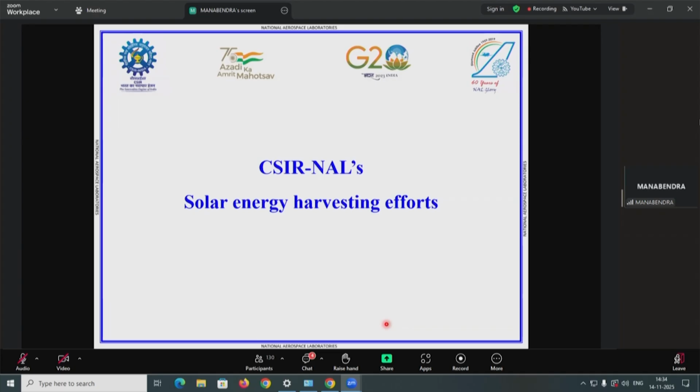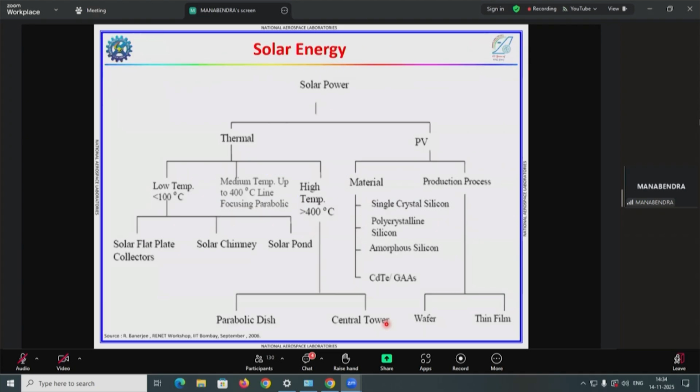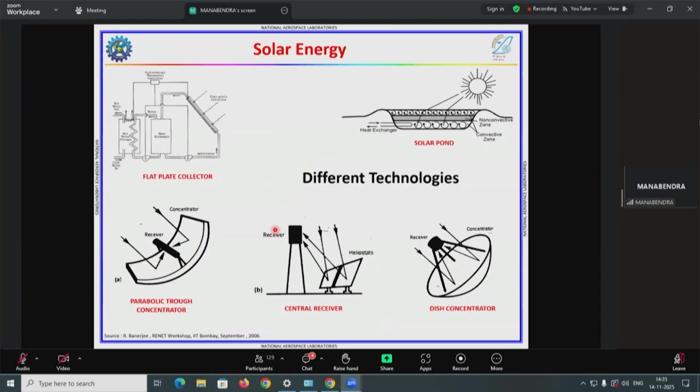Now, when we say solar energy harvesting, primarily what comes to our mind is the photovoltaic cell. But there is also another approach of harvesting the thermal gradient of the solar power in various forms. One of these forms is the solar pond. So in this context, again, NAL tried to see how the know-how developed by demonstrating the organic Rankine cycle based geothermal power plant can be used with a different form of heat on the same cycle. So this was another program which NAL took during those days on the solar pond based